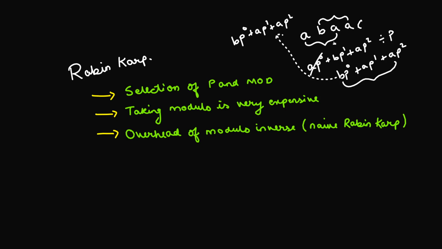So this is the arithmetic that you can apply when you have to calculate the hash of the immediate next window. You can subtract the term corresponding to the first character, divide the remaining terms by P, and add the term corresponding to the last character. Using this arithmetic, you can, in O of log n actually, because dividing is not trivial, and I'll tell you why, directly obtain the hash of the next substring. But there is a problem here.